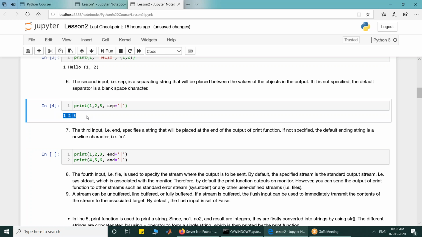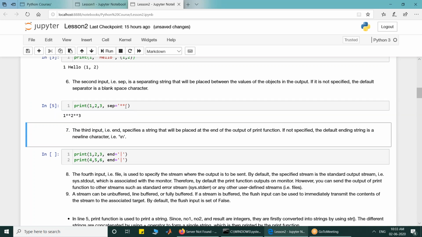So you can make use of separator to put characters between the output of the objects. Instead of pipe, you can have any other character, like I want two stars to come between the object values. So if I put two stars here, now two stars will come between 1 2 and 2 3.